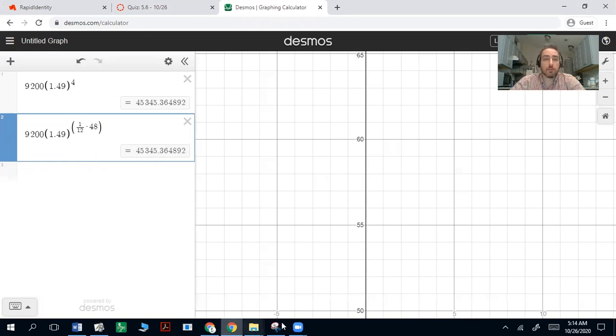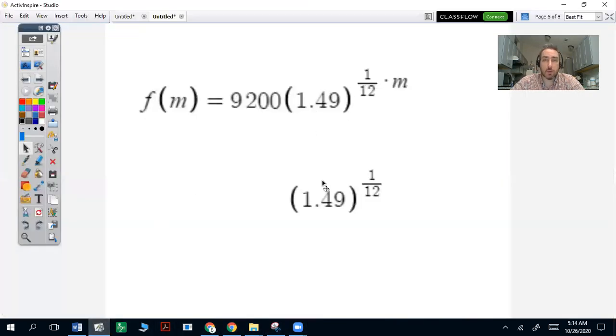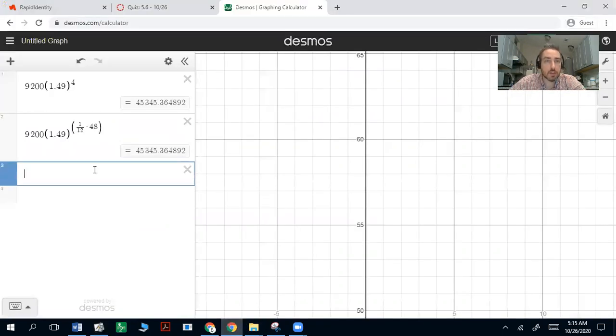So what I want to do is look at this 1.49 to the 1/12 power. I want to see what happens when I convert this number and get rid of this weird fraction up here, 1.49 to the 1/12. That's kind of awkward to write and input into a calculator. So we want to figure out what that is. So we're going to focus just on that part, 1.49 raised to the 1 divided by 12. And you get a small number,